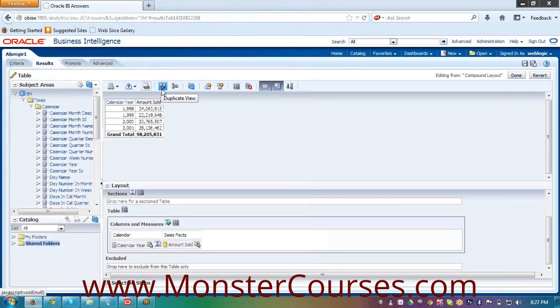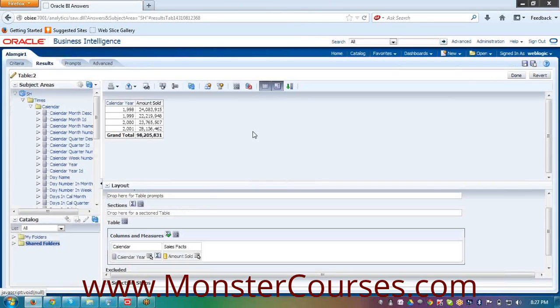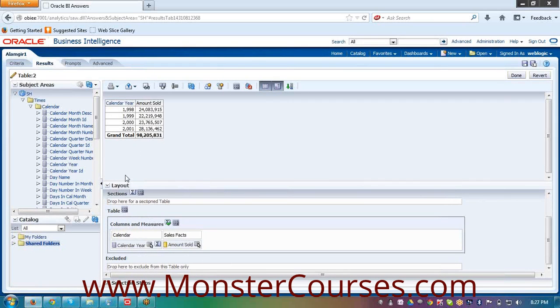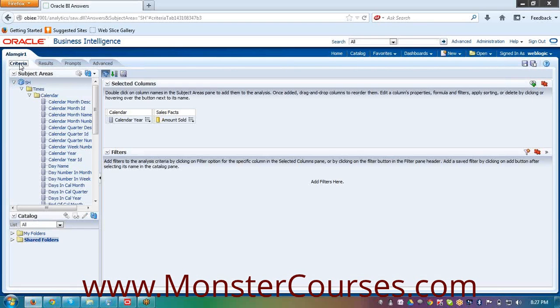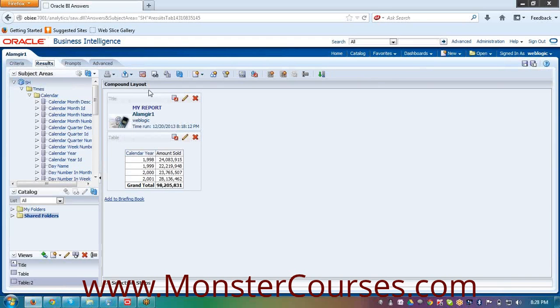Next, you see this duplicate view. You can have a duplicate view of the exact view like this. Do you want to keep the changes made in the view editor? Yes. You are duplicating the view again. Now you see, go to criteria, click on results, your compound layout one.